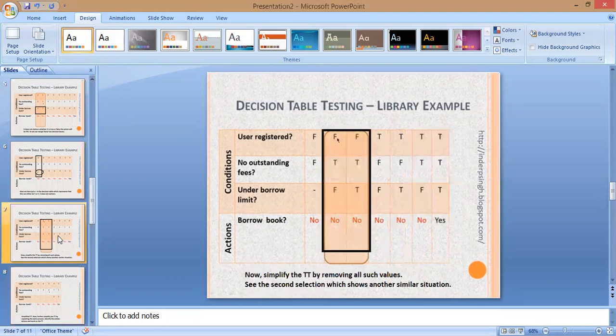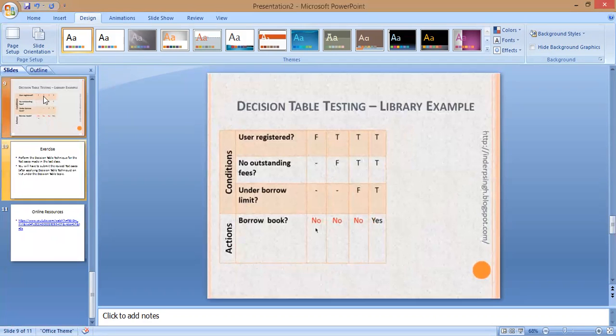In the final output, you can see this is our final output. Out of 8 test cases, only 4 test cases were important and the remaining 4 can be eliminated. Why? What are the advantages of applying decision table analysis? The basic advantage is that you save your testing time. Running 8 test cases, keeping a record of the answers and reporting them is also time consuming. So you reduce to those 4 test cases which are important, valid, and cover all the possible aspects of the particular scenario mentioned.